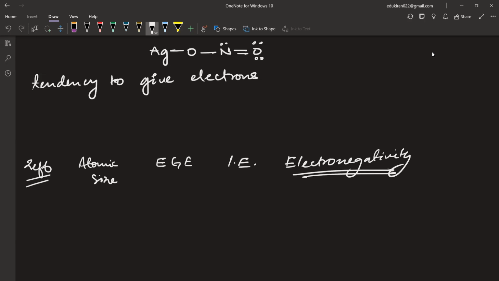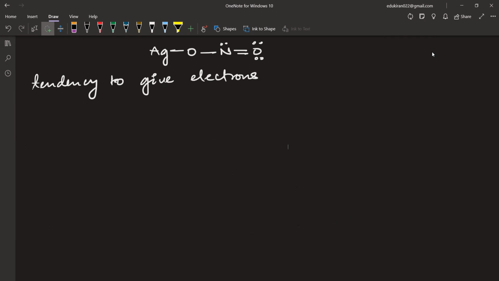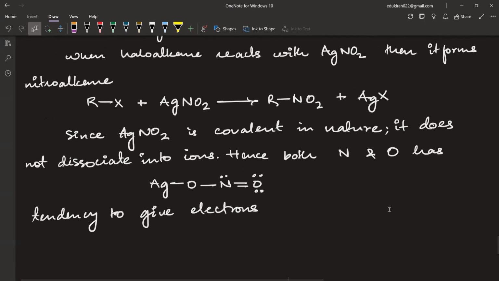Yes or no? And electronegativity is very important in organic chemistry. Whenever you are comparing two different atoms, you will always remember electronegativity. Here, we know that oxygen has more electronegativity. That means it does not want to give its electron, right? It wants to attract and keep the electron, even in the bonded state. And that is why nitrogen has more tendency to give the electrons rather than oxygen, because oxygen has higher electronegativity.